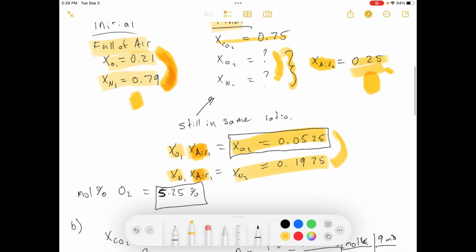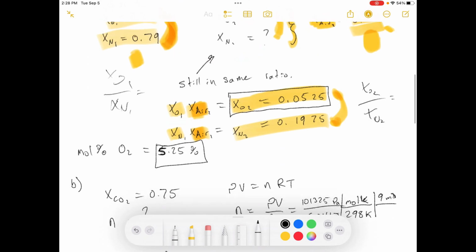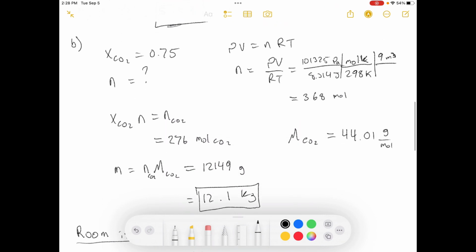And if you looked at these ratios, if you did x_O2 over x_N2, you would get the same ratio as if you did x_O2 initial over x_N2 initial. Those ratios are the same. Okay, so what's the mole percent? Well, you just turn this fraction into a percent, and that's the mole percent. Okay? So part B,